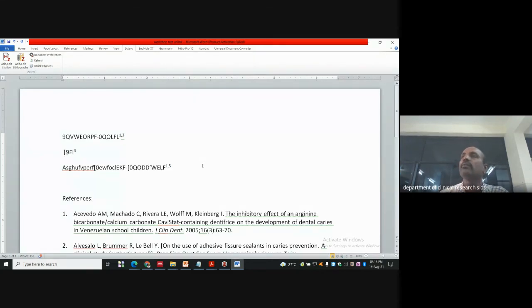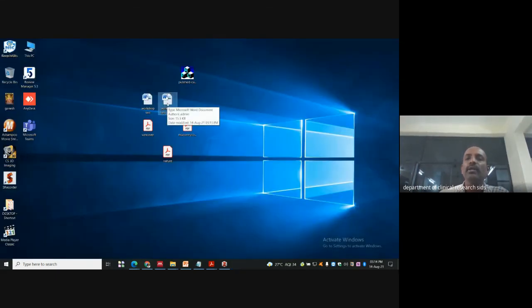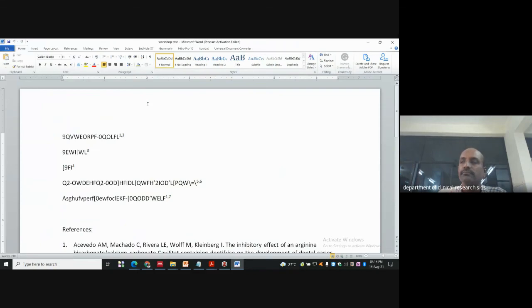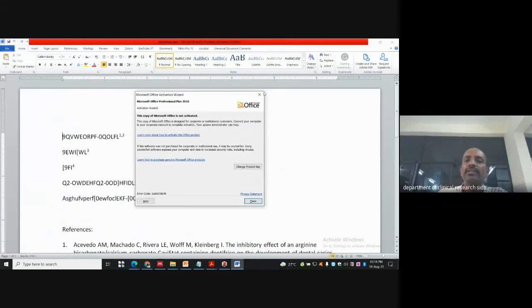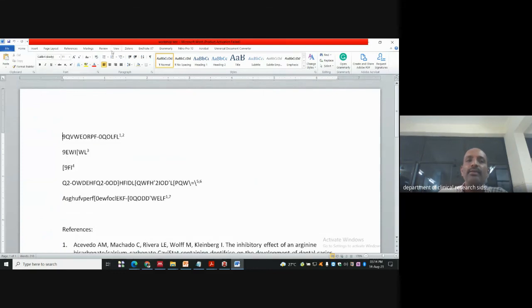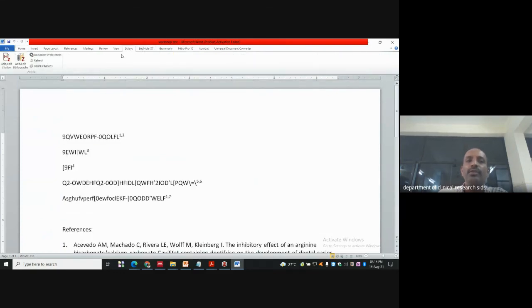So that's how you can perform a Zotero citation manager. This is all about Zotero. Now I am closing, I am not saving, don't save. I just wanted to unlink the document, so I am deleting it. I am opening the original document which I have linked. So these have been embedded. Now I want to change the citations. I have already told you how to change in Zotero.